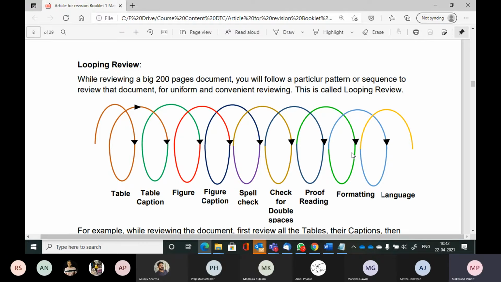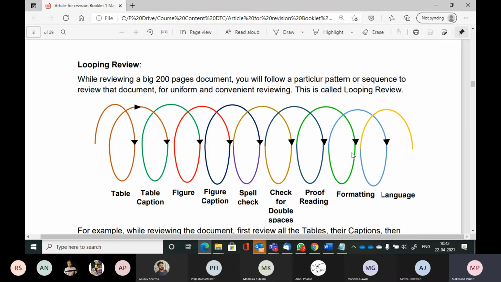So obviously, when you are checking for figures, you'll probably see a spelling mistake in the text. So on that piece of paper or in that notepad window, you are going to note, okay, page 22, there is a spelling mistake. Or page 22, there is a table misalignment or whatever. But then continue with the activity that you are doing. If you do it, then looping review is the only technique which will guarantee you that you have checked for all the mistakes in the document, because you don't deviate from it.